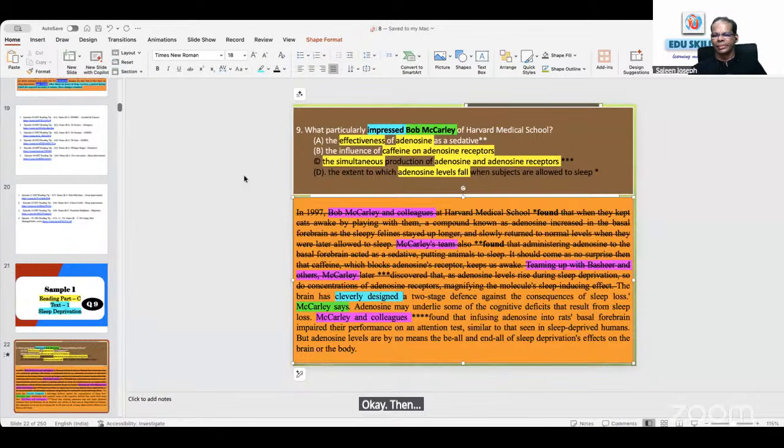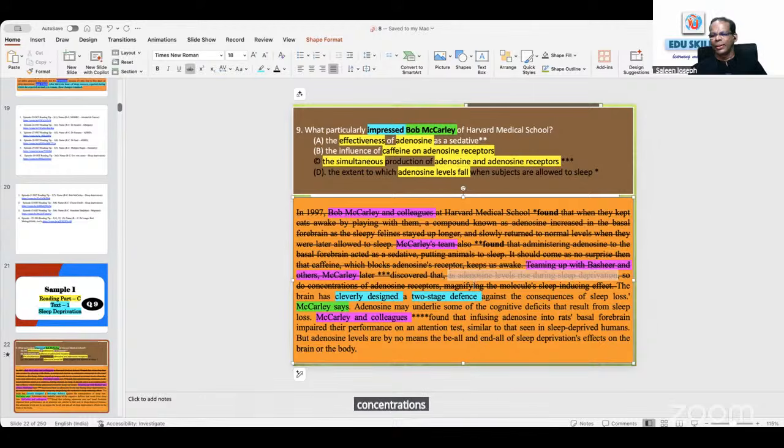Two-stage. I think the sentence before this one is also important, the sentence before the last name, because they are referring to this sentence. Exactly. See, what particularly impressed Bob McCarley, this particular thing impressed him: as adenosine levels rise during sleep deprivation, so do the